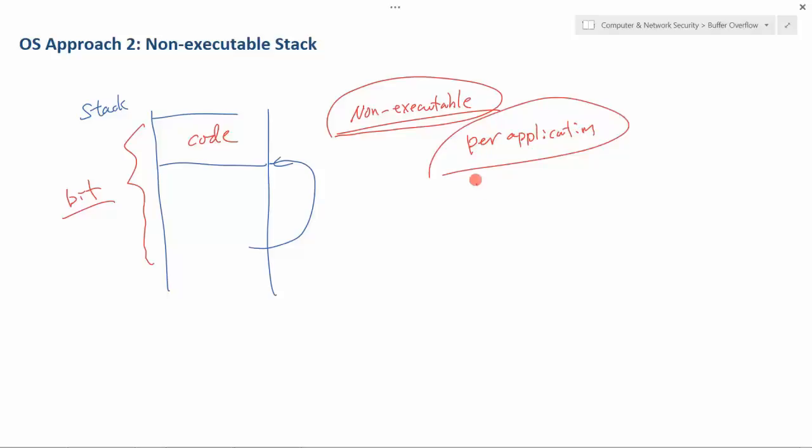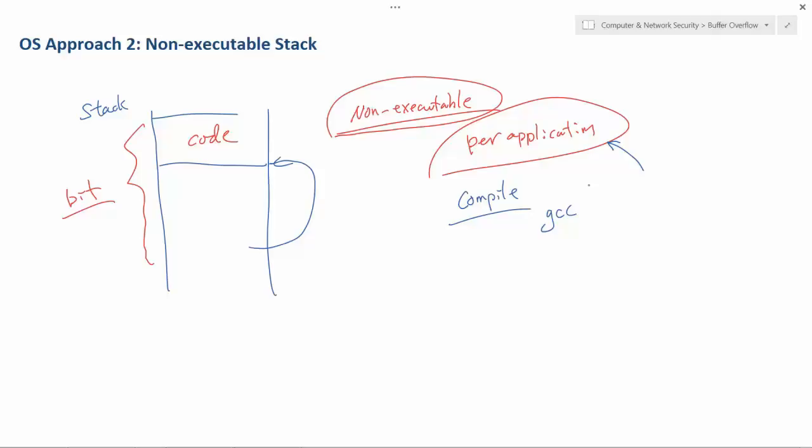So when you compile your code, in GCC we actually put on an option. We ask GCC, after you compile this, please mark the stack as non-executable. This marking is stored in the application, so when the OS loads the application, it will check that bit and decide whether your stack should be executable or not. It only affects your application, not the others.